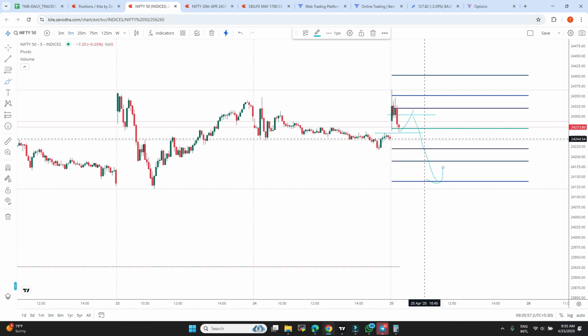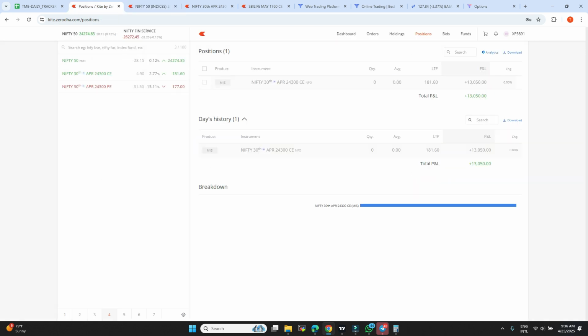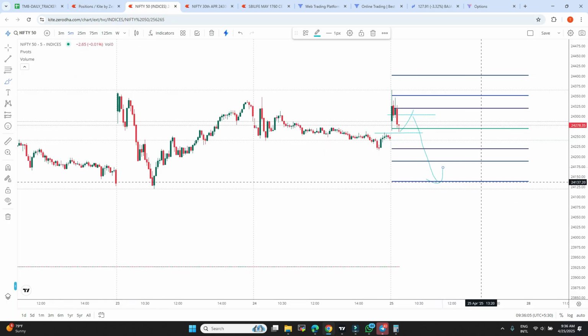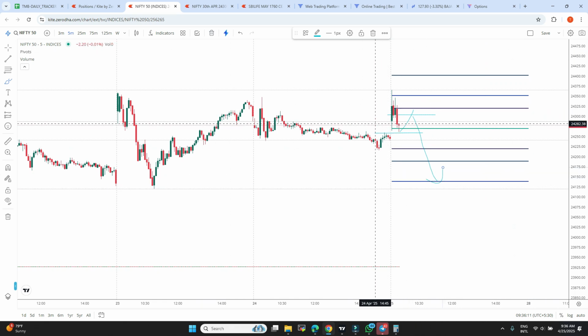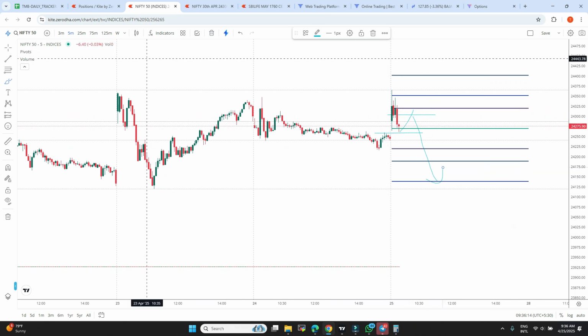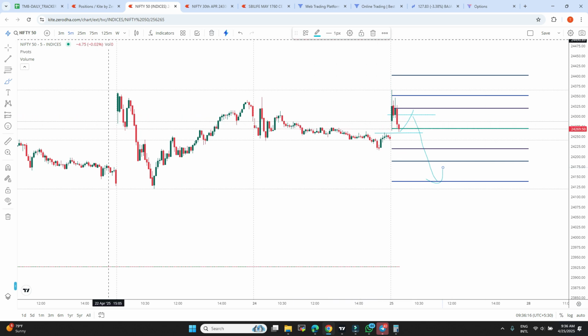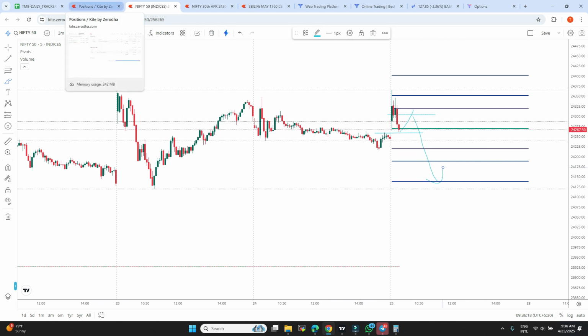This is what we have to capture. This is the beginning trade. This much only we wanted. No greed, nothing. Follow the process. This is the process I wanted to follow. So I am done for the day. Done for the time being. We'll be back after some time.